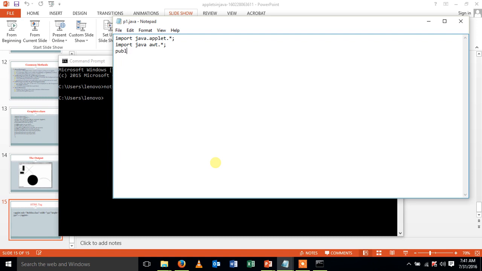Then create a subclass. I'm giving the name as Smiley. Extends Applet is a keyword which is used to represent that Smiley is a subclass of that Applet class. Open curly braces.